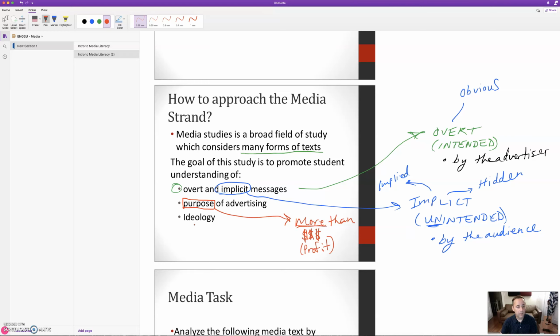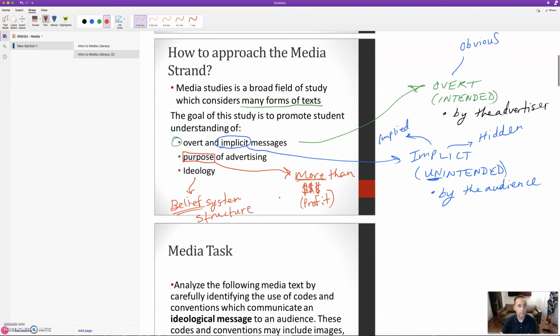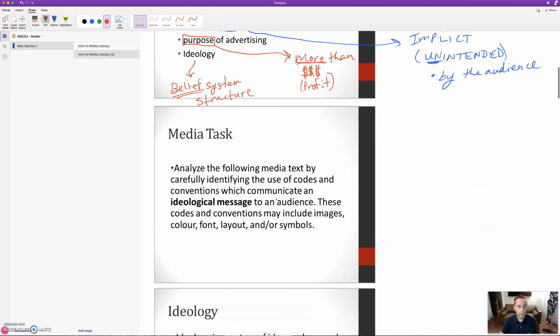And then finally, the ideology, the belief system structure. Or perhaps it's not a clear system, but there's a bunch of beliefs and ideas and values that come together in it.